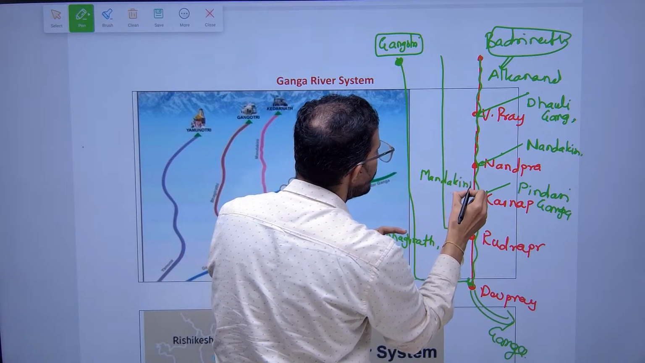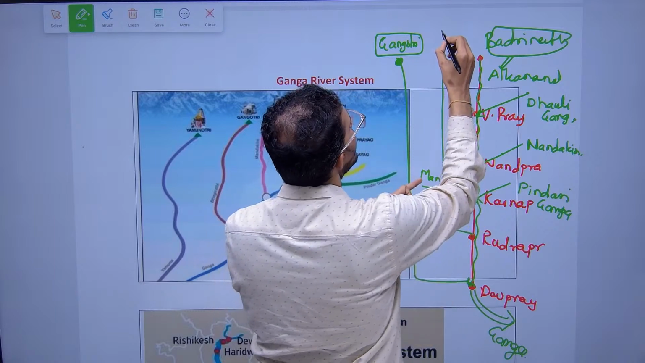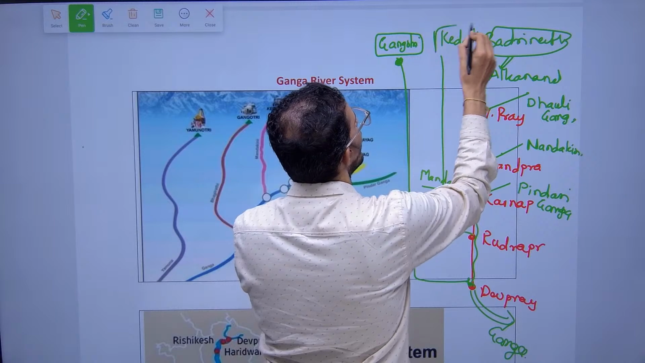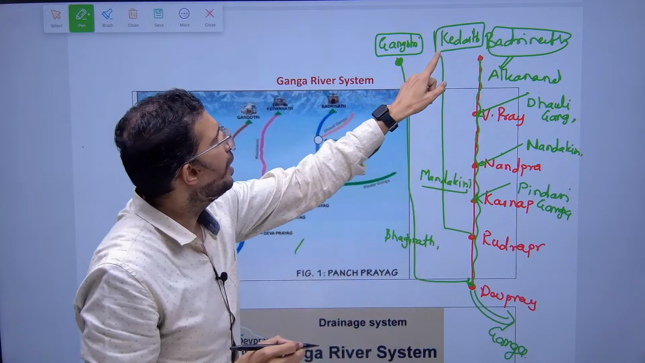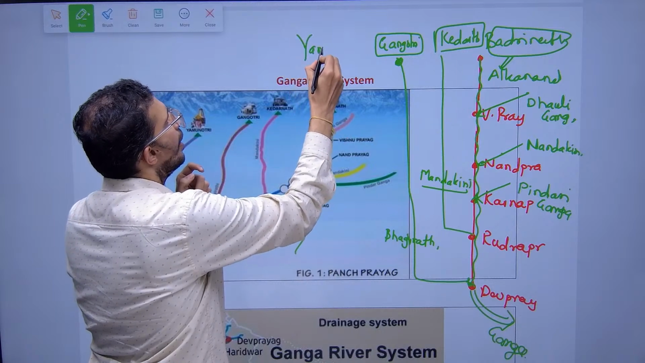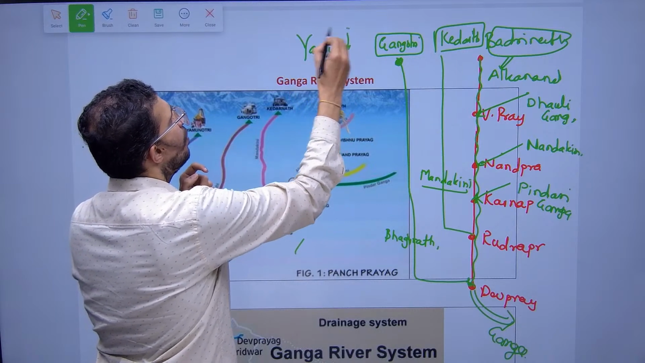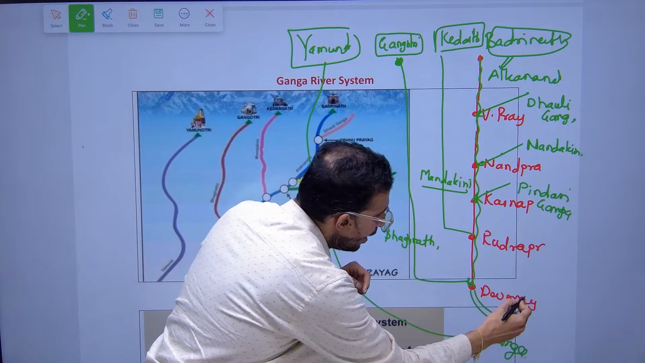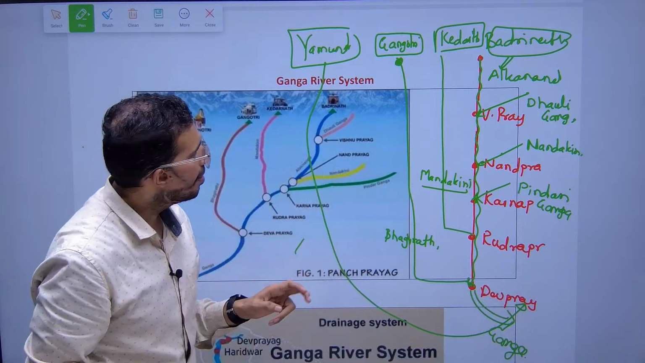Mandakini. And this river originates at which one? The Kedarnath. Yes, Gangotri, Kedarnath, Badrinath, and Yamunotri. The origin of Yamuna meets Ganga at the Prayagraj. Yes, now